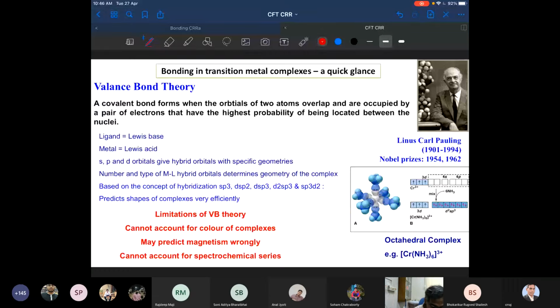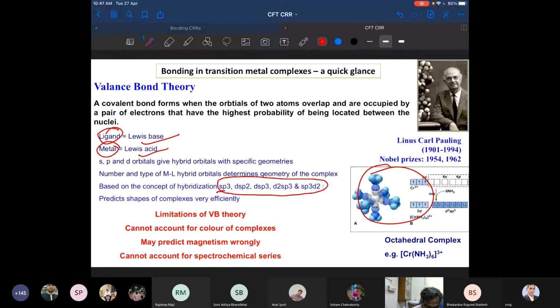So basically what we have is a ligand and the metal, that is basically the Lewis base and the Lewis acid. And then there is an interaction according to hybridization, according to Pauling, and that's what we saw in the previous class. The main problem is that it is based on the concept of hybridization in the valence bond theory, right? So when we are talking about the bonding in inorganic complexes, we avoid talking about hybridization because the bonding is much more than the simple concept of hybridization,